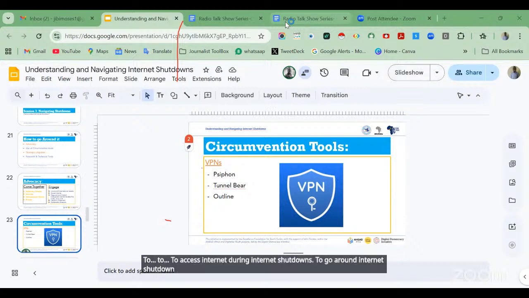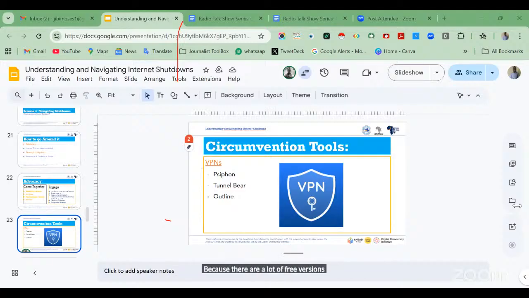Some of the recommended examples of circumvention tools or VPNs are Psiphon, Tunnelbear and Outline. These are some of the VPNs which are recommended for you to use, because there are a lot of free and different versions of VPNs on the internet.